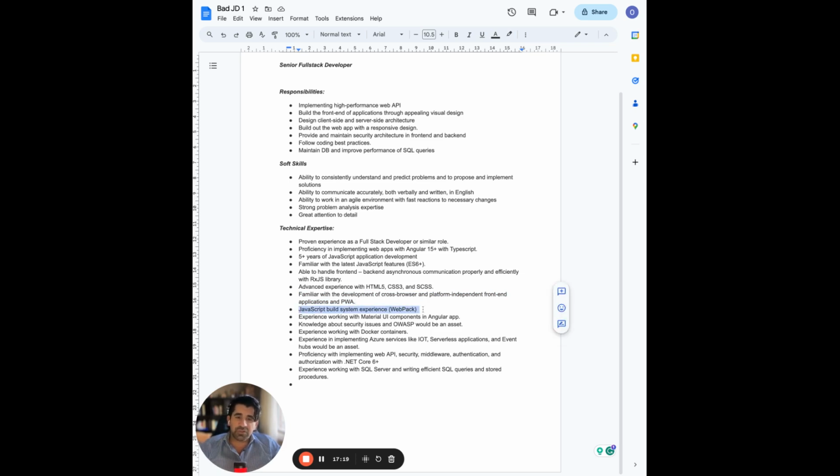JavaScript build system experience, Webpack. You don't need to mention this in any way, shape, or form. If you're using Angular 15, or if you've built sufficiently complicated systems in JavaScript, even PWA, this is an obvious. And why specifically Webpack? There are many others that are just as good. I know Webpack is a very, very popular one. Fantastic. But there are many others that are just as popular. So maybe mention, JavaScript build system experience or exposure. I would say even exposure, not even experience, just exposure.